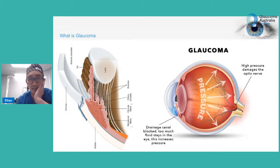It drains into the little angle of your eye there, into that little canal. And that canal runs 360 degrees around that segment of the eye. And on the left of the diagram there, you can see that I've got a little bit of a close-up to it. Deep down in that angle, there's all these little perforations, and they're like the opening of the drain. And all the fluid collects into that drain and runs out into the little blood vessels and is carried away